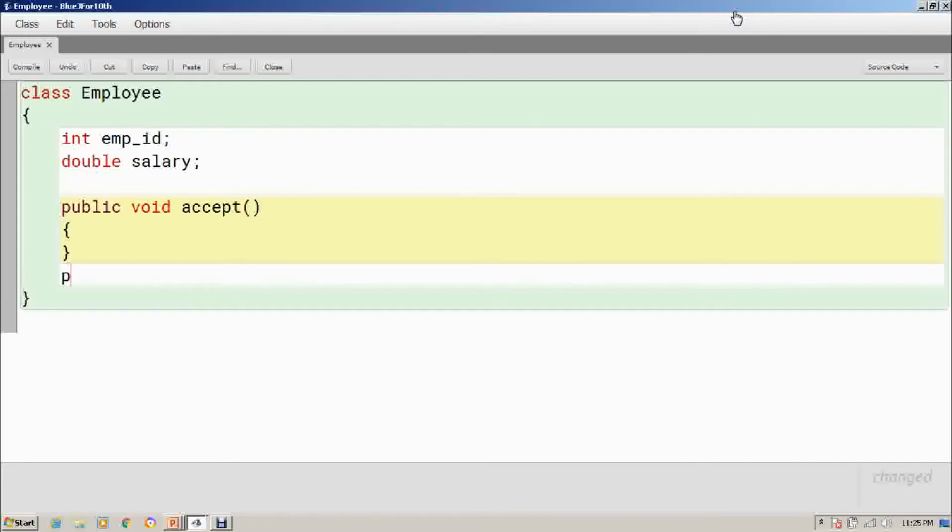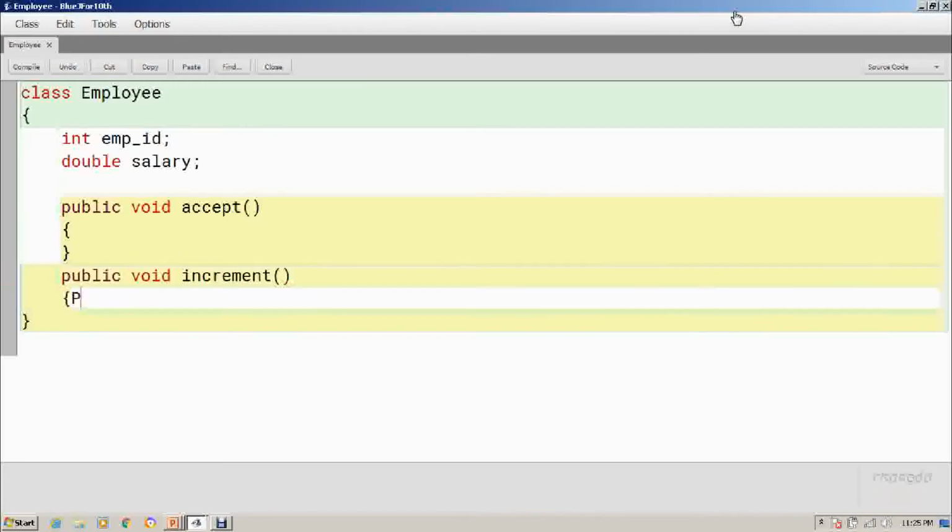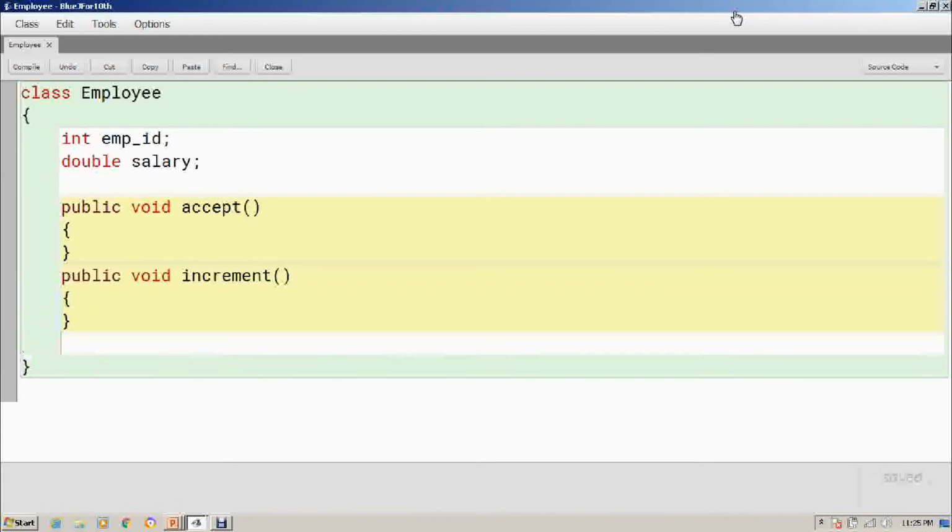Now the second behavior which I will create is, let's see, we are going to increase the salary, so increment. And the third method or third behavior that I'm going to create is show detail.